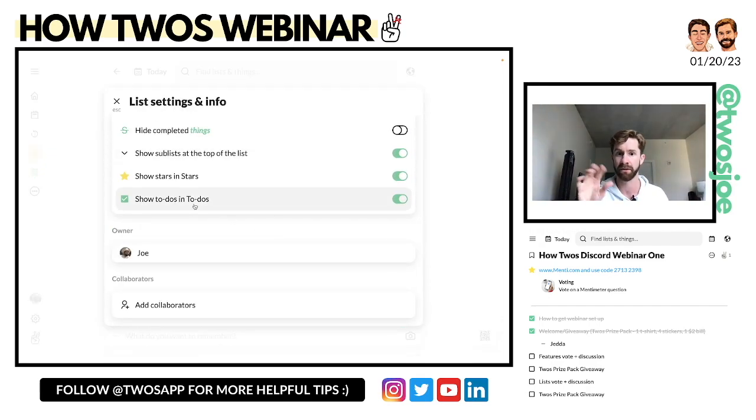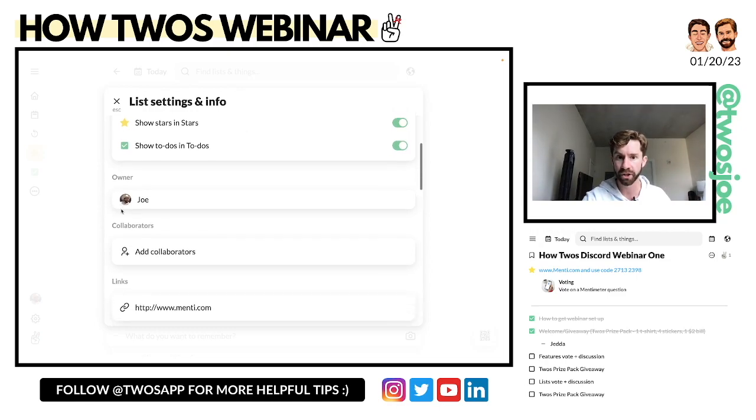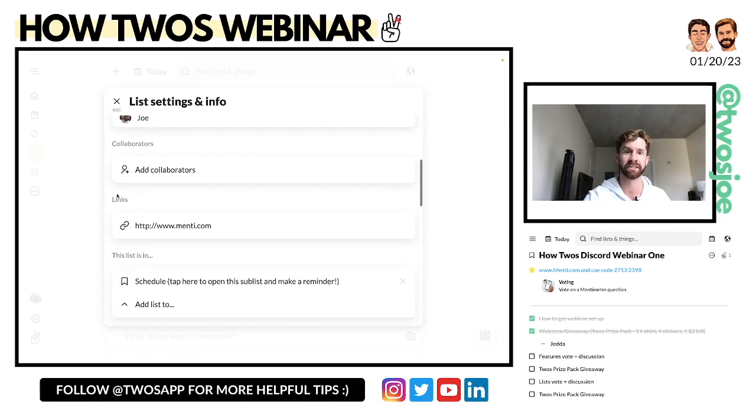Same thing applies for show in to-dos. So if you are showing, let's say, a grocery list and you like to have the checkboxes next to each thing, you can choose to not mark those as to-dos, so they will not appear in your to-dos view. You will just be able to have the to-do box next to each item, but not necessarily have them clutter up your to-dos view. We have the owner of the list, the different collaborators on the list, the links that are inside of the list,